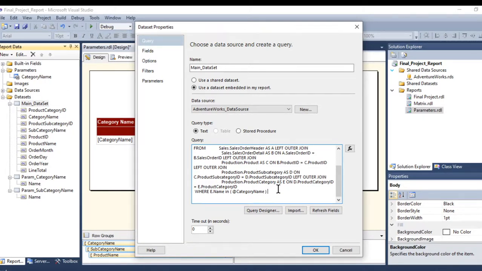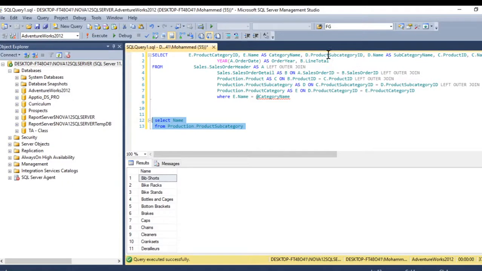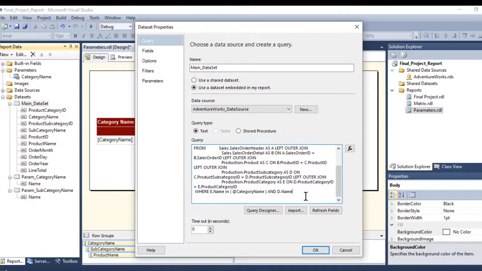I'm going to use both parameters together, and d dot name. Why do I say d? Because in my script the subcategory is d.name, as d is the alias of the table right here. d.name, go back here,